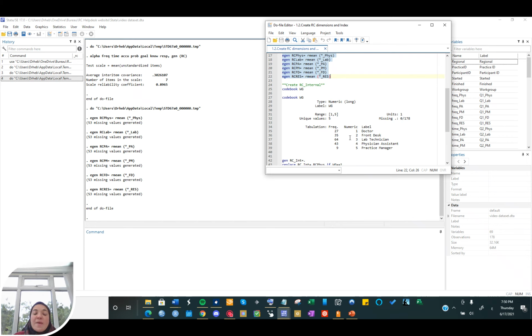And it is expected that within a role, the internal reporting about our peers is extremely high compared to the reporting about others who don't share our roles. In our data set, we have invited 5 out of the 6 roles to participate in our survey, which are based locally in the clinics: the doctor, the front desk operator, the lab technician, the physician assistant,